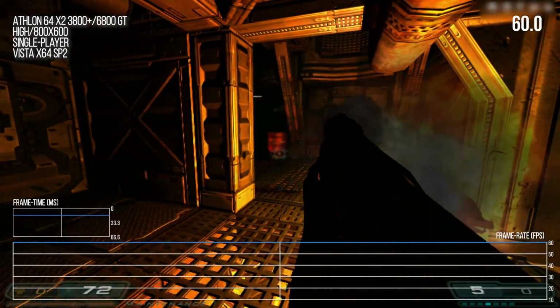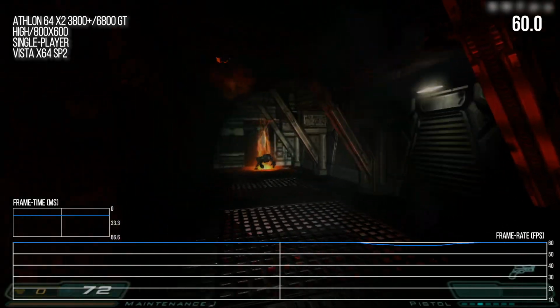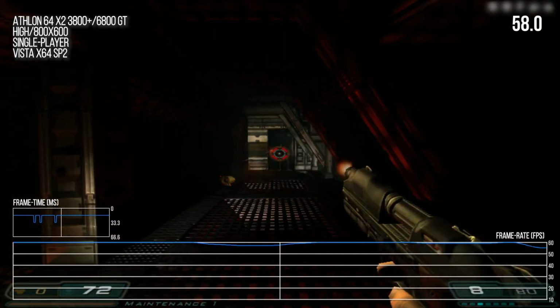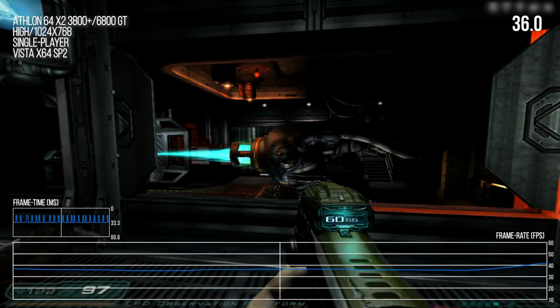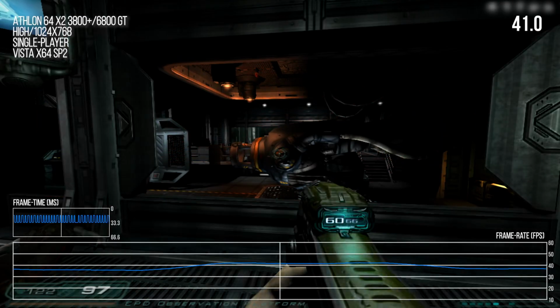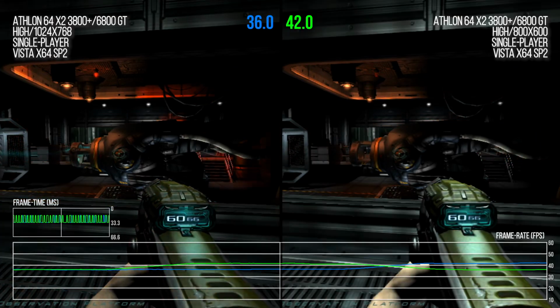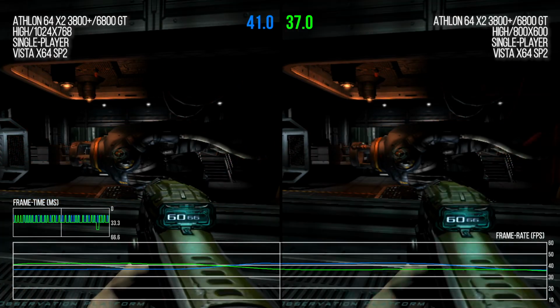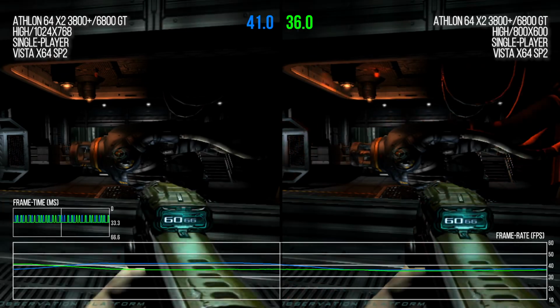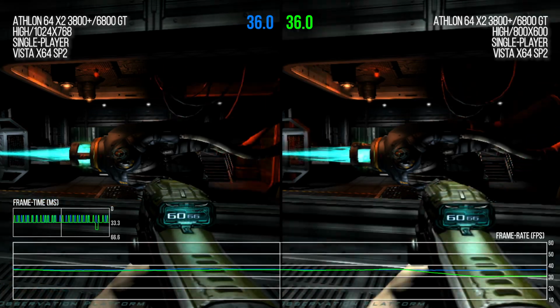But then there is CPU performance, which had me scratching my head. There are just a number of areas in this game which are CPU limited on this Athlon 64 X2 3800 Plus. Like in this room here, changing the resolution in this area does not affect performance at all, which is brutal considering the performance drops that you see in this area. Now I think that my performance would be better if I was using Windows XP, but I also found out